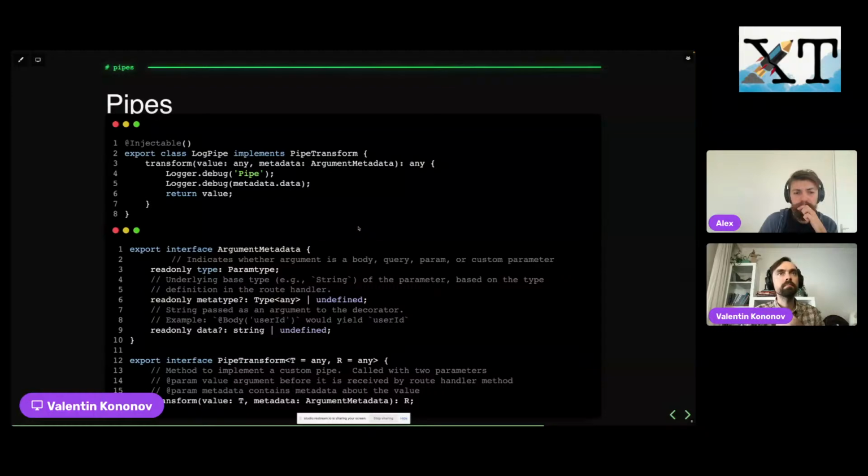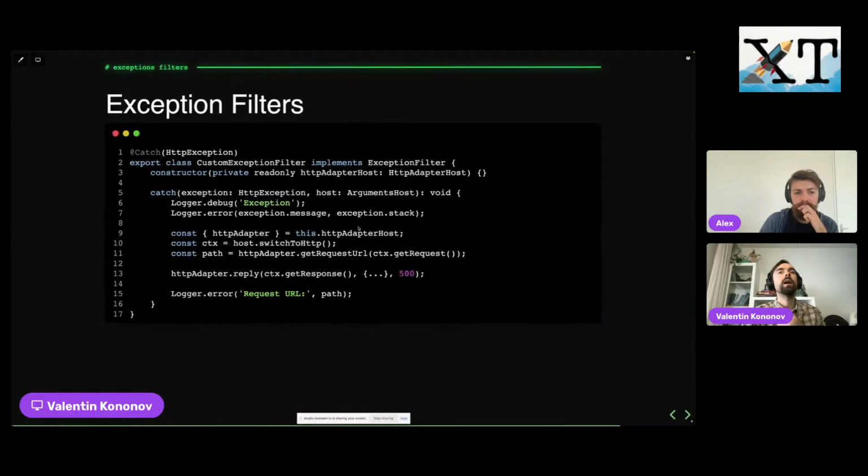Okay, let's move on. The last piece of that puzzle is exception filters. This is quite an obvious concept to my understanding. You can implement various exception filters, or one big exception filter which works with any kind of exception. And there is a different decorator here. Instead of just Injectable, you should use Catch, and you can provide the type of exception to be